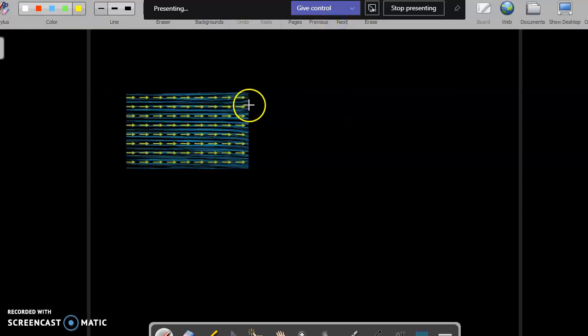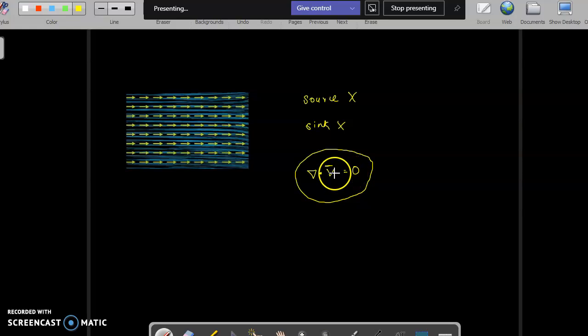And if you look at this picture, there is no source and there is no sink. That means if you take the divergence of a vector here, then you will get an answer 0. Magnetic field is an example of it, but in the magnetic field there is no originating point, there is no termination point. The magnetic field outside the bar magnet, the direction of flow is from north pole to south pole, and inside the bar magnet it is from south pole to north pole. That means there is no sinking point, there is no source, so divergence of that vector becomes 0.